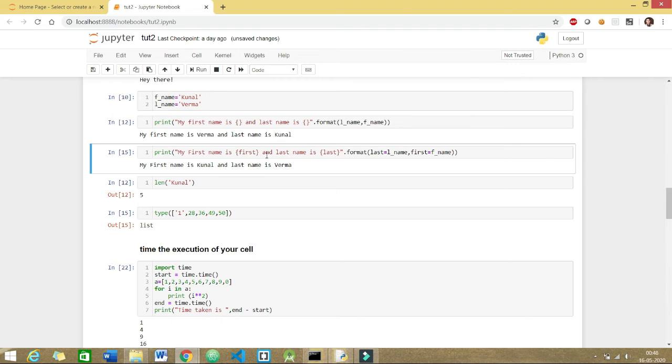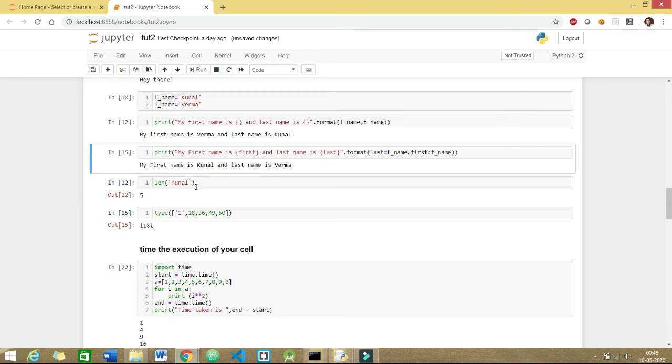So in these curly braces, I just put the name of a placeholder, and using this format function, whenever last is L name and first is F name, it will dynamically assign the value to these placeholders. So here ordering does not matter. I can declare it last, I can declare it here, it doesn't even matter, right?